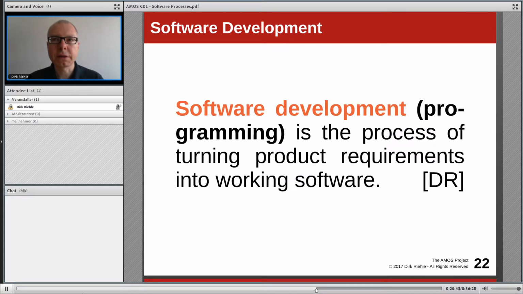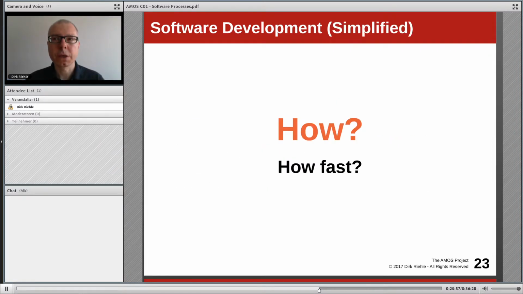Finally, or next, then there is software development, the actual programming, coding, and it's the process of turning requirements, features, what we find as product backlog entries in the product backlog and Scrum, into working software. So the software developer is tasked or must answer the question, how are we going to do that? And to some extent, the software developer also answers the question to a product manager and engineering manager, how quickly